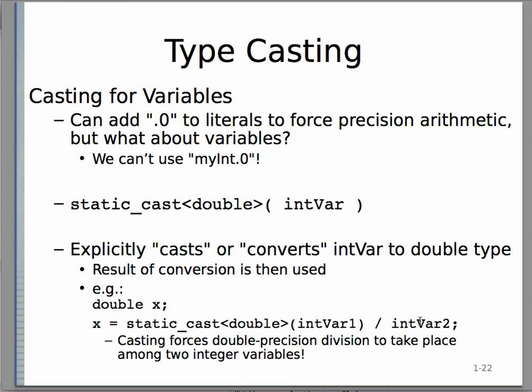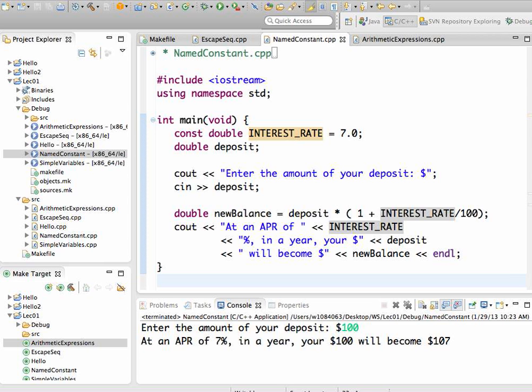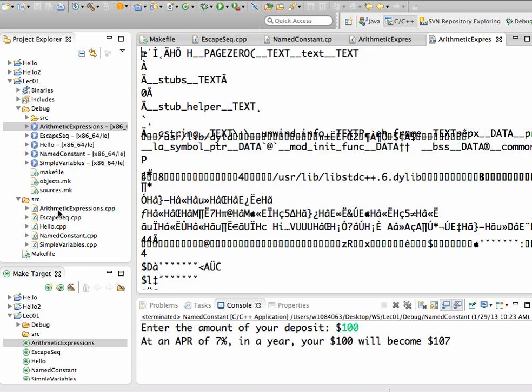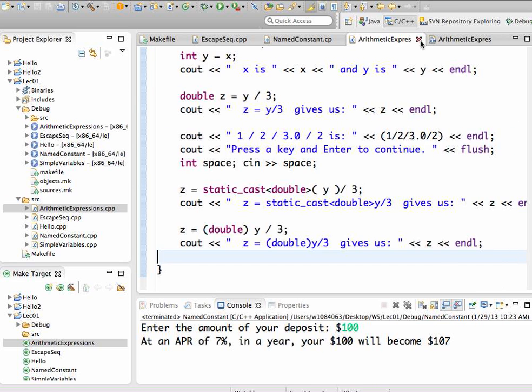Alright, so let's take a quick look at a program. Wrong file. Okay, so here is